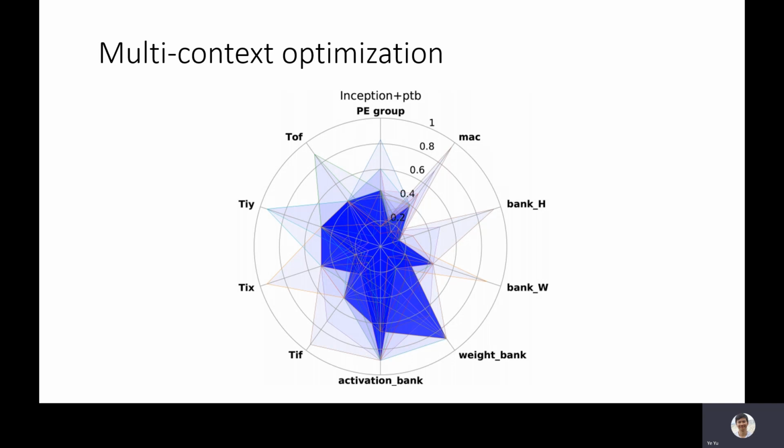However, when these two DNN applications run simultaneously on the same accelerator, the required amount of compute and memory resource is lowered in the optimized configuration. The reasons for this are twofold. First, under an error constraint, the optimized architectural configurations for the multi-context application need to maintain a balance between compute and memory resource. Second, the complementary characteristics of Inception and PTB help relax both compute and memory design constraints on